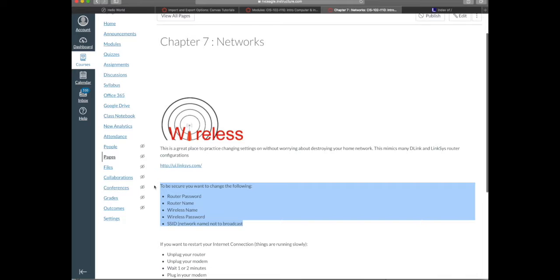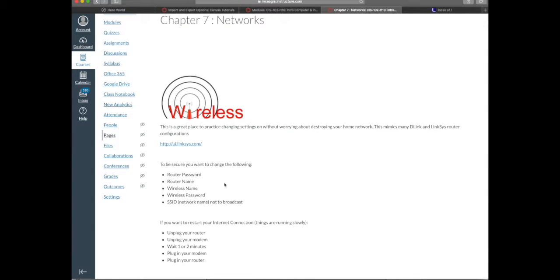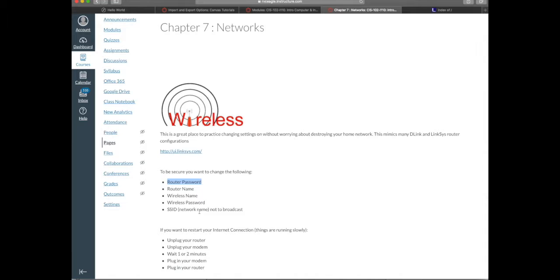What I have for you here in this section is just a little bit of a cheat sheet to secure your router and therefore to secure your own home area network or your LAN at home. These are the things that you have to do: change the router password, because those come standard from the factory; change the router name, because those come standard from the factory; do something about your wireless network name and your wireless password; and broadcast or not to broadcast your SSID, which is your wireless network name. If you do these 5 things, you will have secured your network from just the lazy internet garbage storm that everybody's kind of liable to be